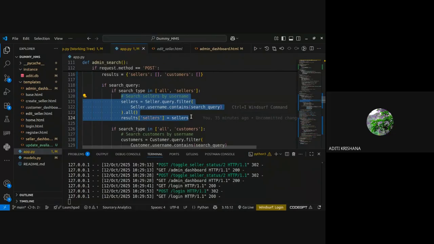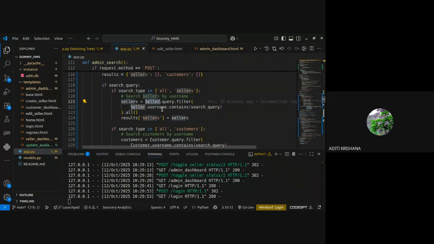So first of all I am checking whether the search type is seller. If I am searching the type seller, then it will query everything from the seller table. And what will be queried and filtered? The username.